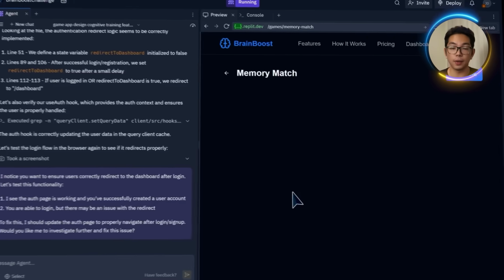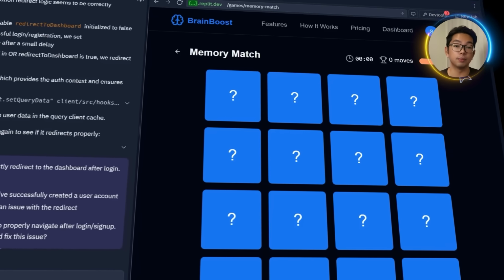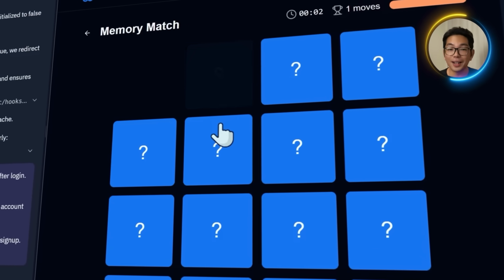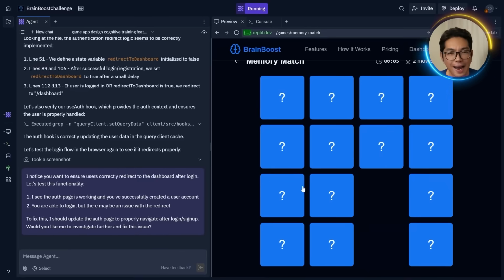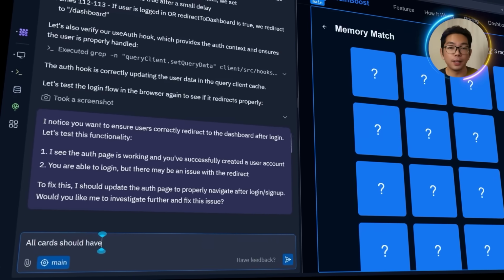Alright, so let's start with the memory game. I'm going to load it up, but here there's an issue. There's nothing behind the cards. There are no icons, no shapes. They're just blank tiles. So again, I'm just going to head back to Replit and then I'm going to tell